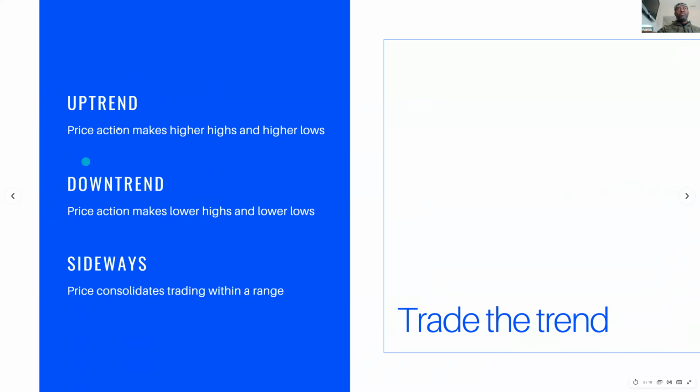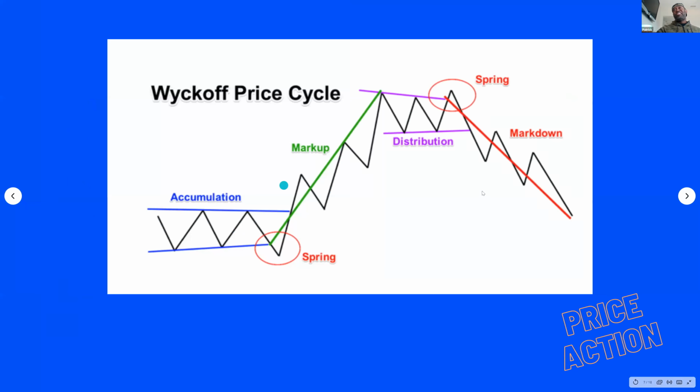And there are some books that talk about all these trends, and you will find out that the market makers are the ones making all these trends. Even the candles that we see, they make the candle. They can easily make a candle for you however they want. Wyckoff price cycle. Wyckoff is,